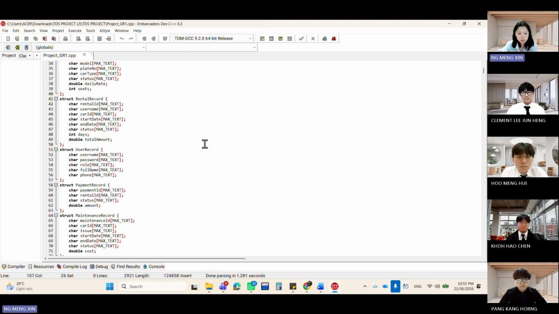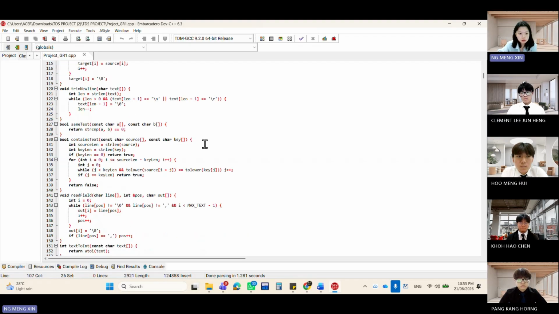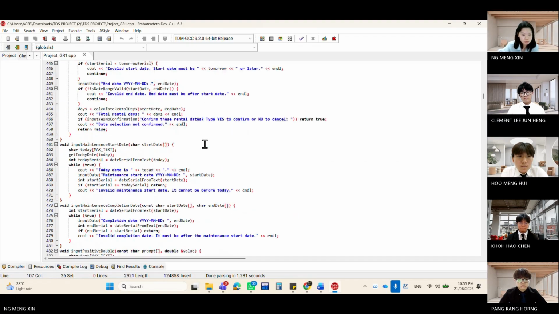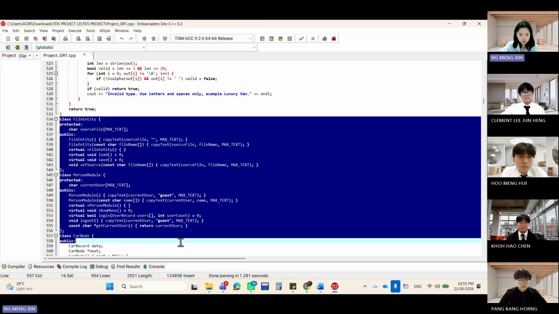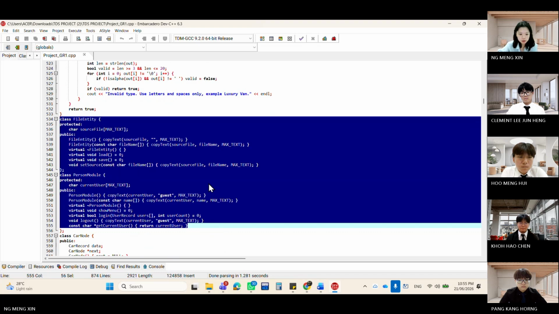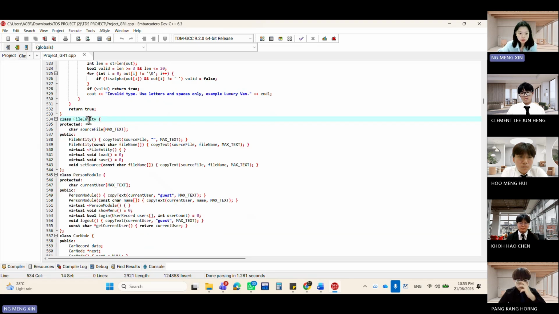So the third one is base classes. So base classes is from here to here. So file entity is a base class for file-based modules.